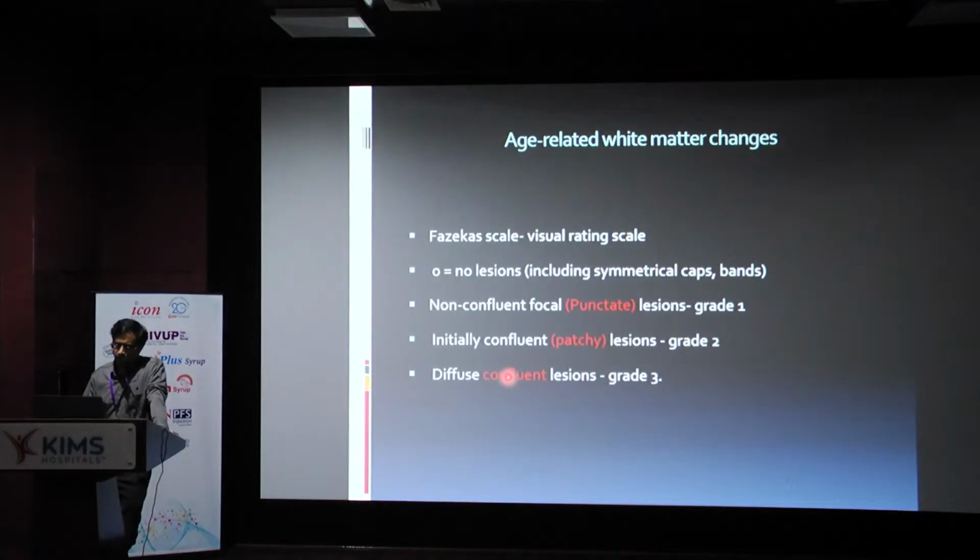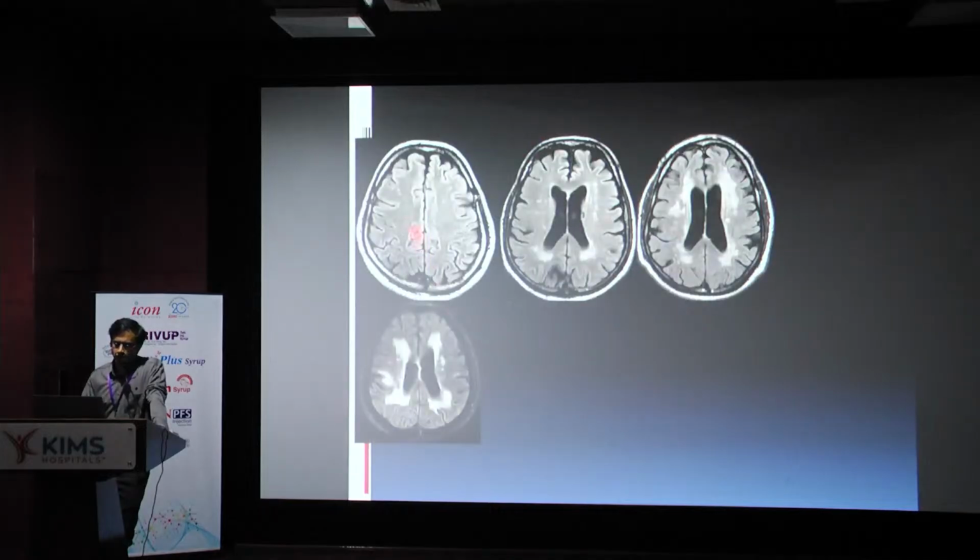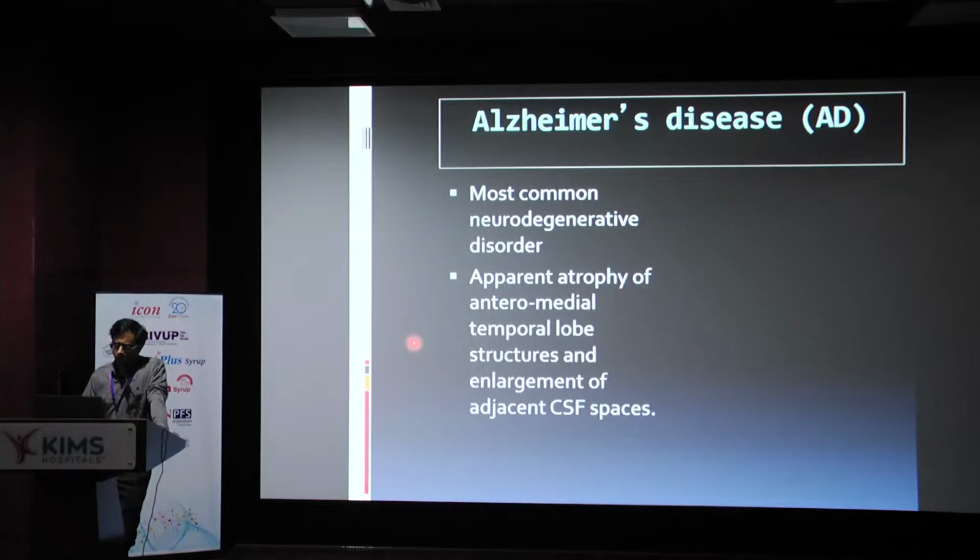Coming to the white matter, whenever we describe it in our report, punctate foci of hyperintensities is grade 1, punctate and patchy is grade 2, and grade 3 is diffuse confluent lesions. One dot per decade we take as normal. So if you are seeing a 60-year-old individual with 2-3 dots, we tend to pass it off as normal rather than writing something and creating something out of that report. These are the small punctate, these are patchy, and these are the confluent white matter hyperintensities that we are seeing. So coming to Alzheimer's,